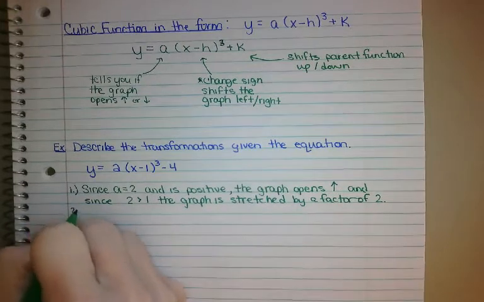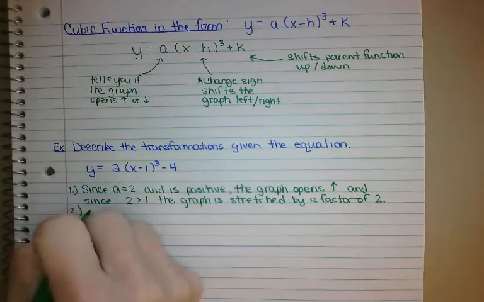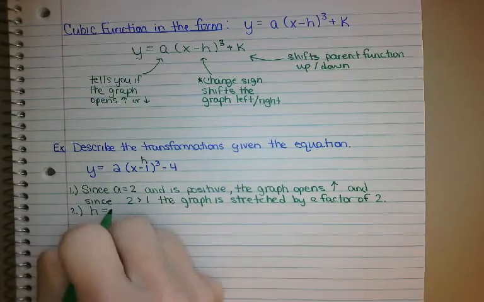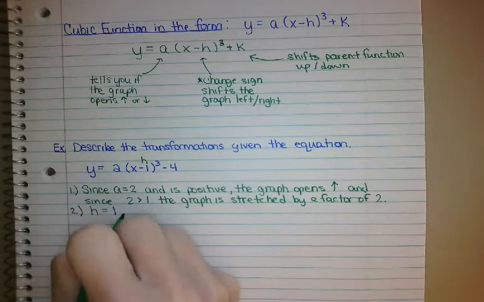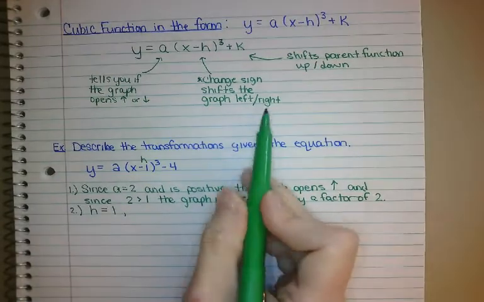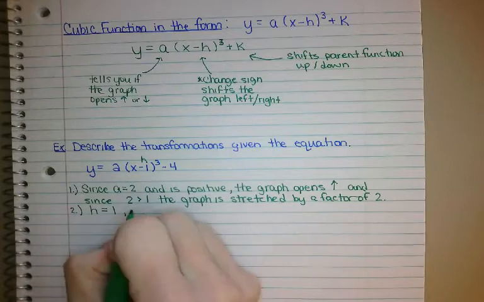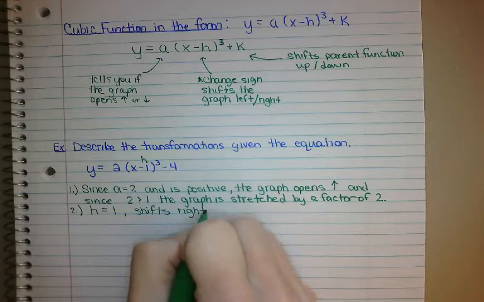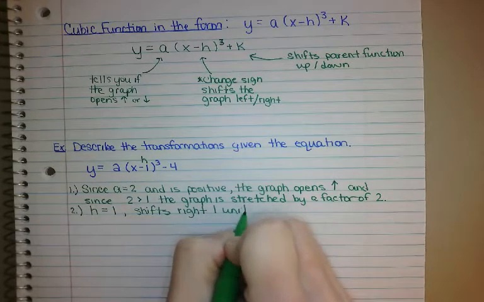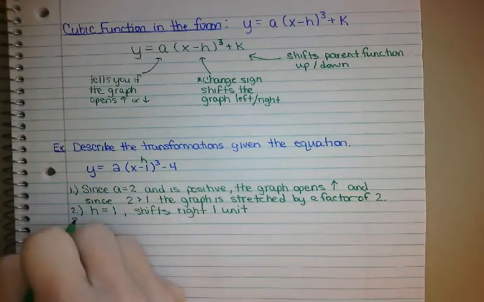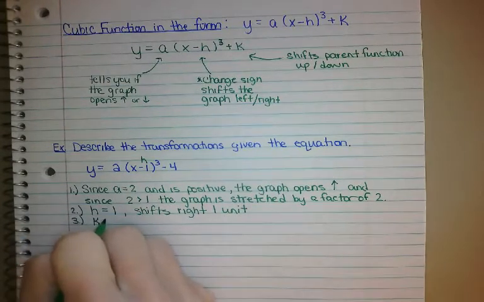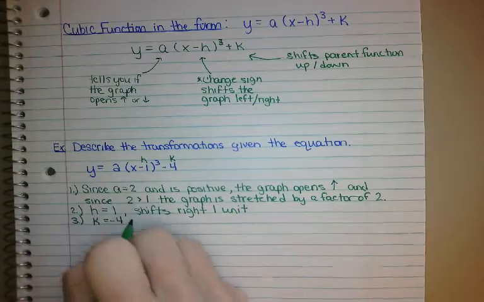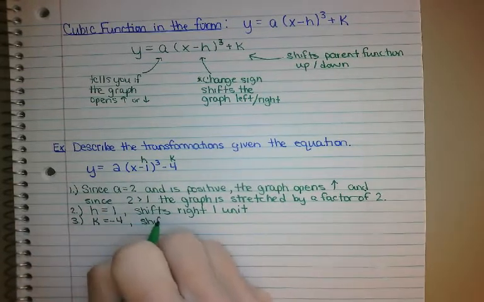All right. Next thing that I can talk about is the h. So remember, change the sign. So since the h is negative 1, we're going to change it to positive 1. So this tells me that they are going to shift it right 1 unit. Okay. And then 3, we're going to say what our k is. Here's our k. K does not need a sign change. So since the k is -4, that's going to shift the parent function